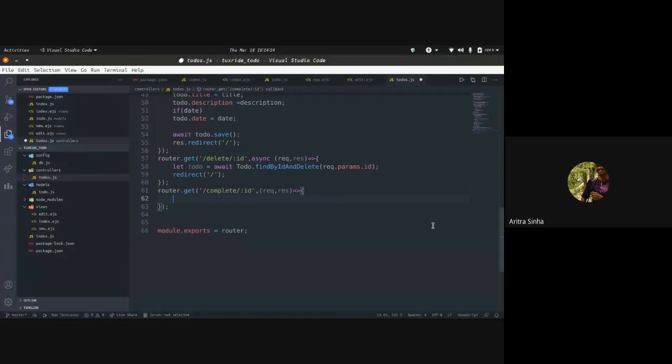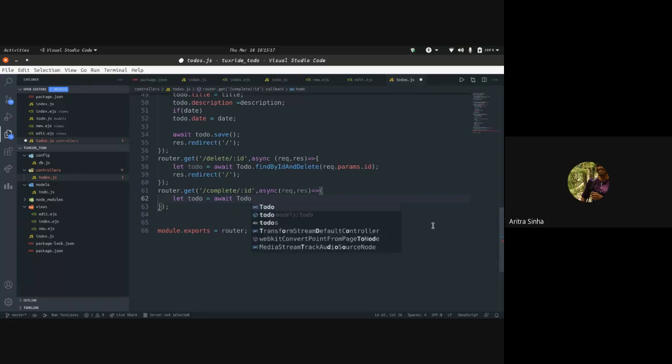Last, we'll connect this also. Again, the same function, let to do equal to await. We'll add async right here. Okay.